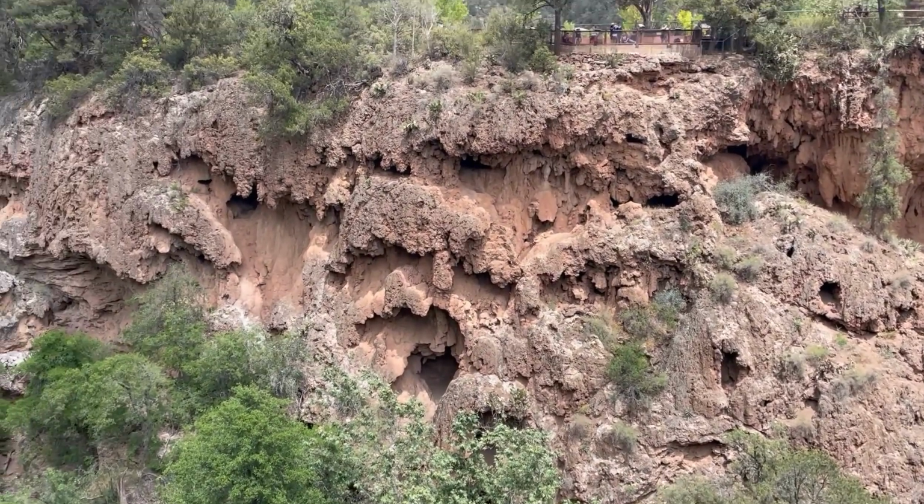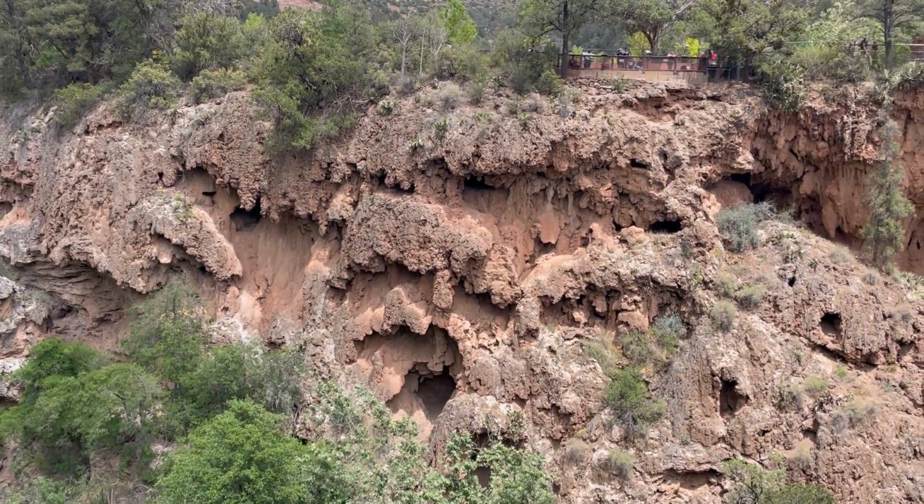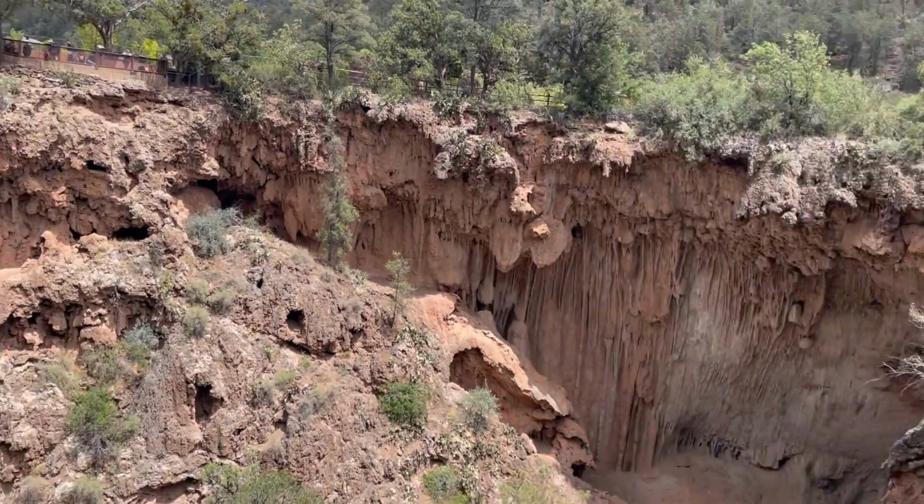Now, one thing that it is cool for is to make caves for all types of birds. As you can see, we live right